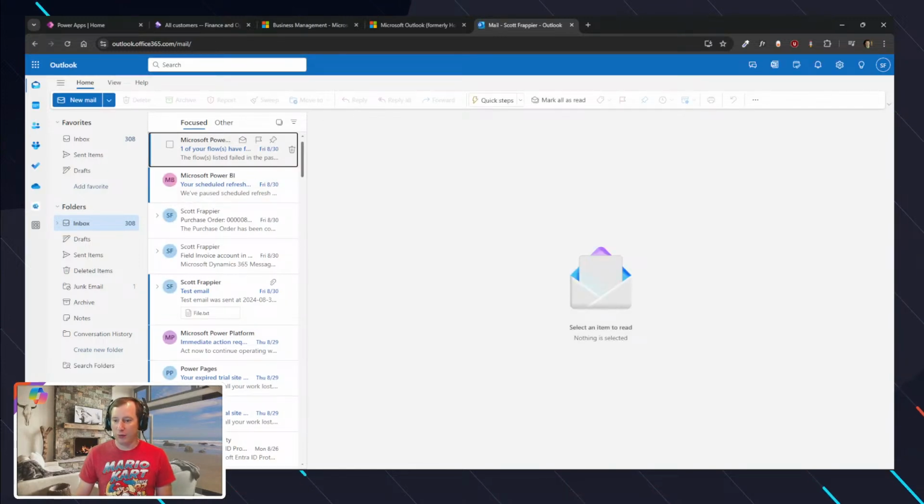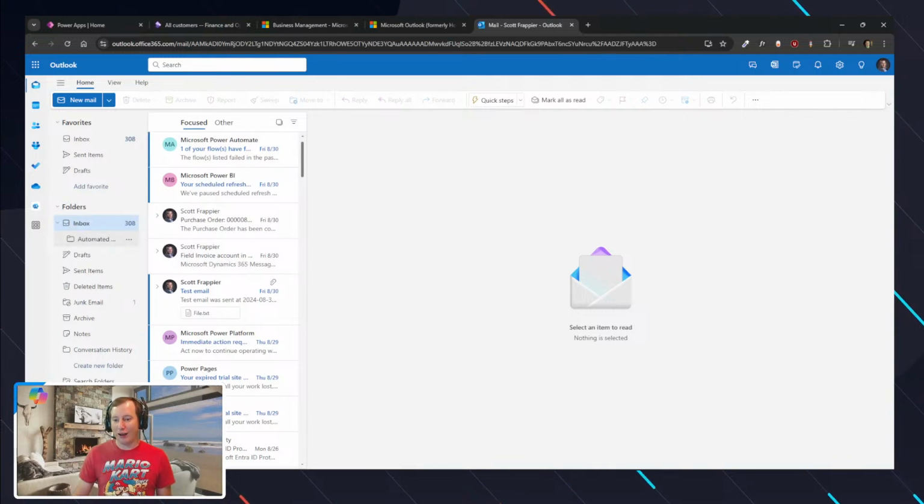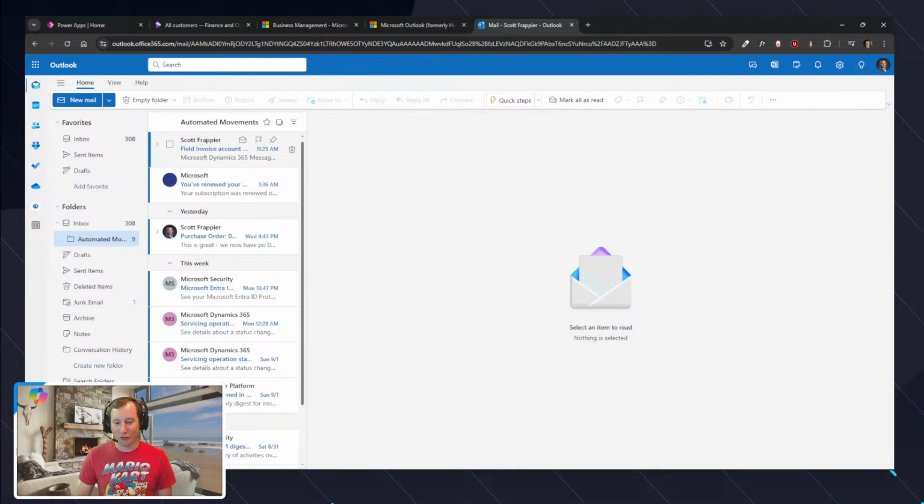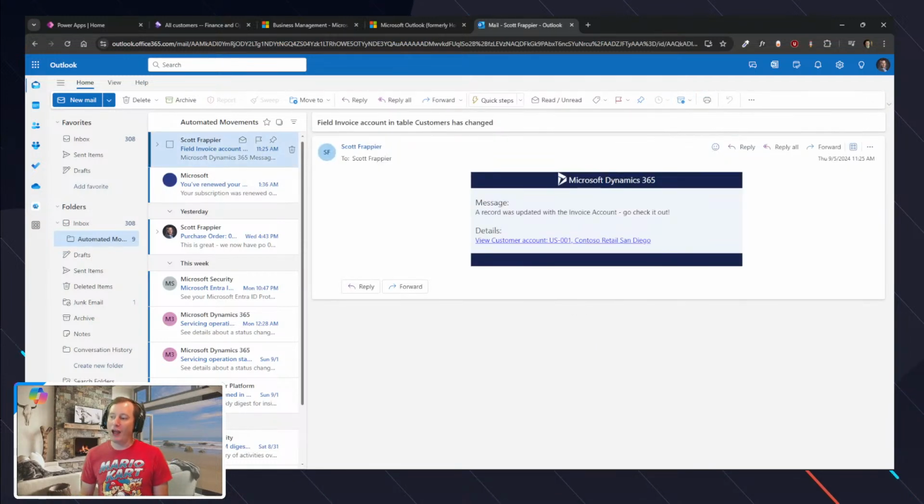Then what we should be able to see here is, for example, that invoice account change that went through and updated. In mine, I've got a little automated movement thing occurring. So at 11:25, as you can see here, we have that email that was sent out. When I said to send email externally, we now have an email being sent to us. So at the simplest level, from an end user perspective, we could potentially add this particular record into Outlook,